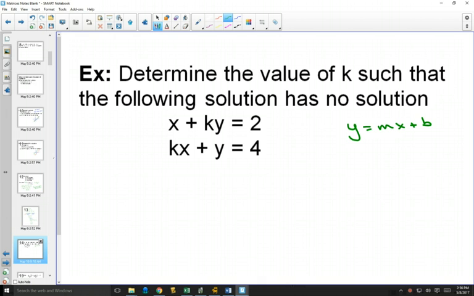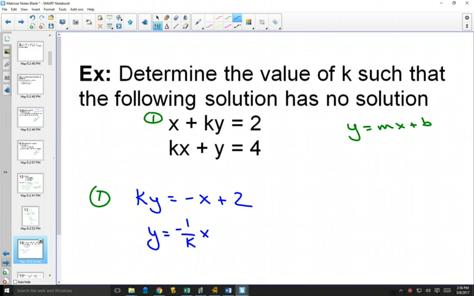So if I take equation 1 here, and I rearrange that, can you see that you'd get ky equals negative x plus 2, dividing by k, that's rewriting that equation in y equals mx plus b form. With equation 2, we could do the same thing. Equation 2 is a little bit easier. All you have to do is